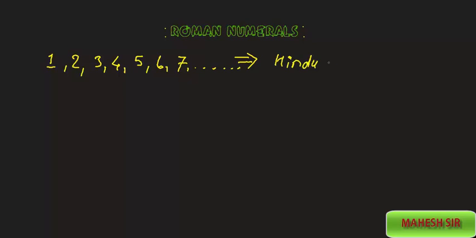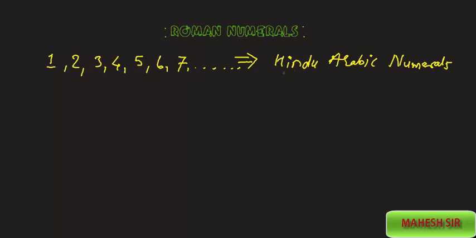Do you know in day-to-day life which number system we are using, or which numeral system we are using? Look at this screen. Here I am writing a few numbers: 1, 2, 3, 4, 5, 6, 7 and so on. Do you know what is the name of these numerals? The name of these numerals is Hindu-Arabic